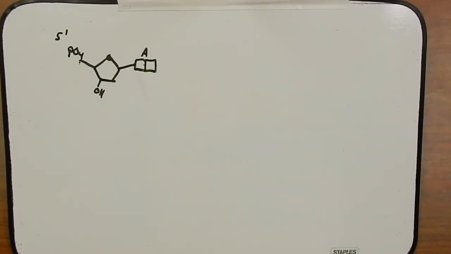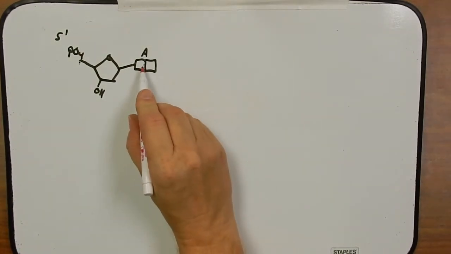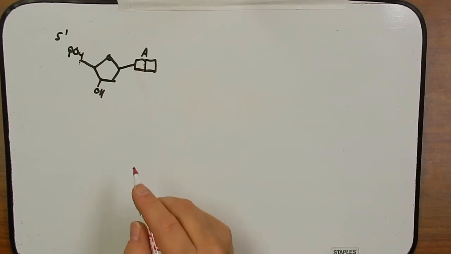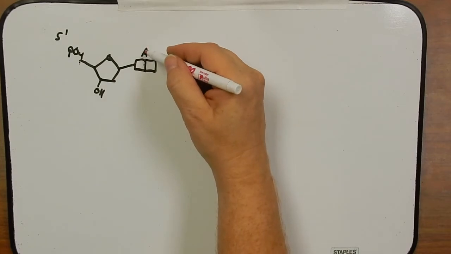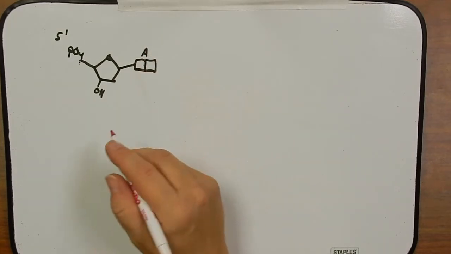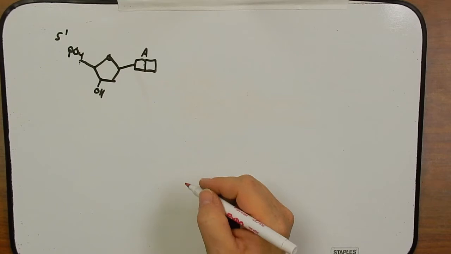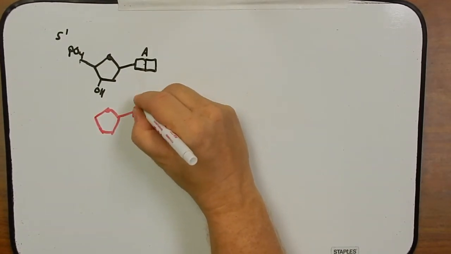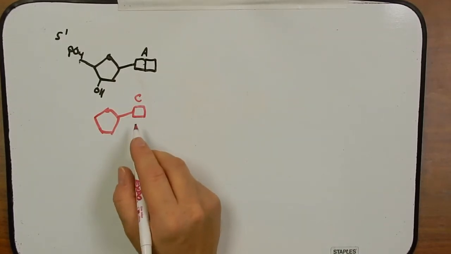Now let's add a second base. And though it matters that A pairs with T over here, and we'll show that in a moment, what comes next, there's no rule for that, except that ultimately that's going to determine a sequence of a gene perhaps. But any base in principle could come next. So we'll put a cytosine here. Again, I'm going to show that with one ring because it's a pyrimidine.